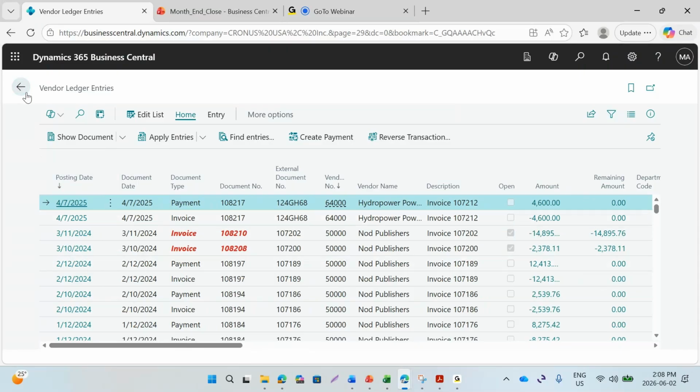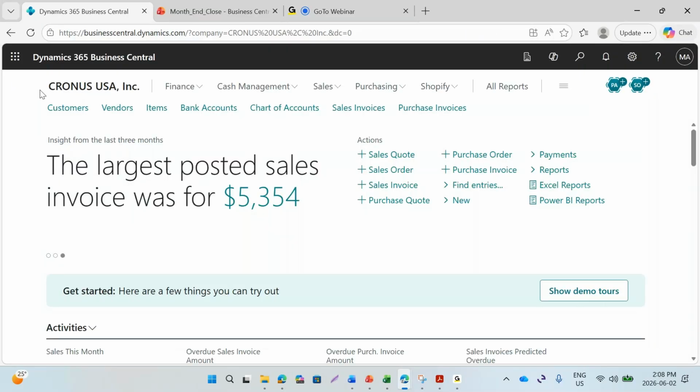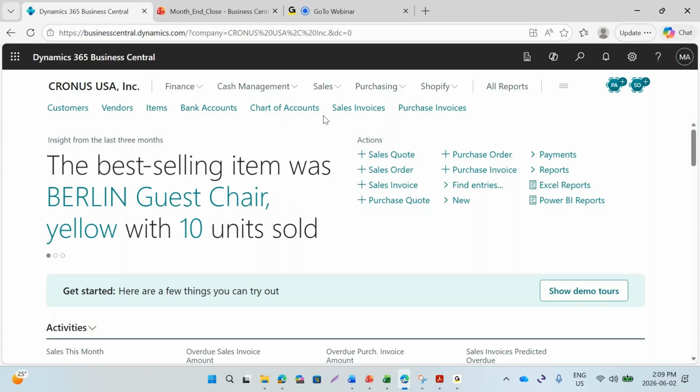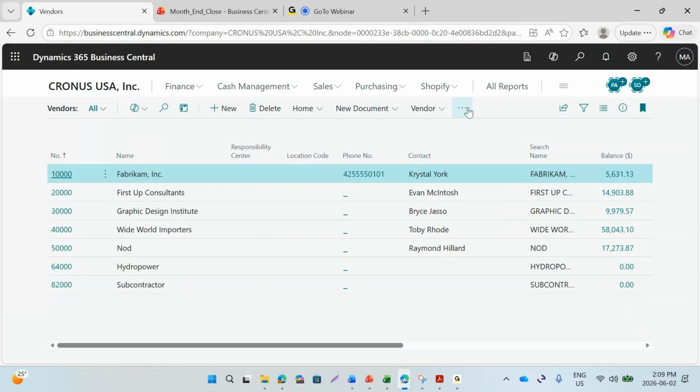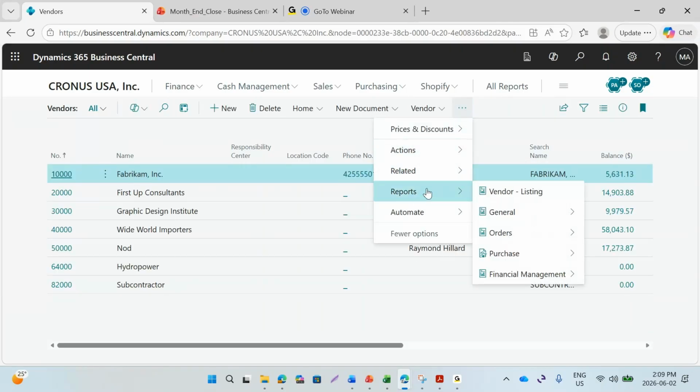The other way, in order to validate your financial report, the subledgers, is to print the aging report and also to make sure that the balance in the aging report is the same as the balance in your chart of accounts and the accounts payable or accounts receivable. So in order to print an aging report, you need to go into the vendors here, and you need to go into reports,